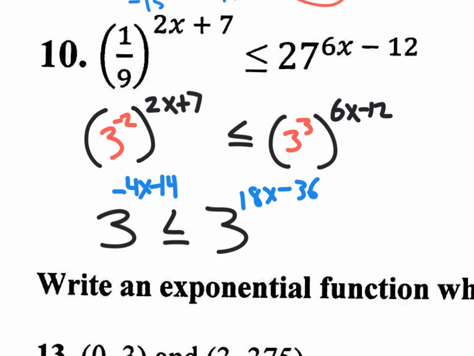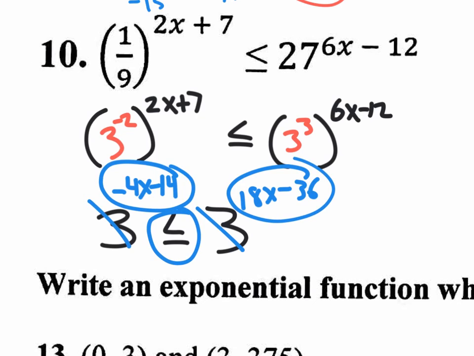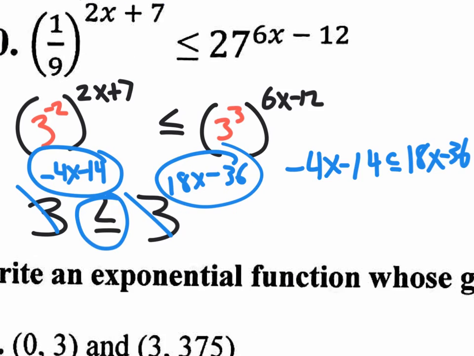Now because we have the same base, we're just going to scratch them out. We're going to have the new inequality that reads this is less than or equal to this. Let me move it to the side and rewrite that. So on the left side, if you subtract 18 on both sides, you're going to have negative 22x. If you add 14 to both sides,